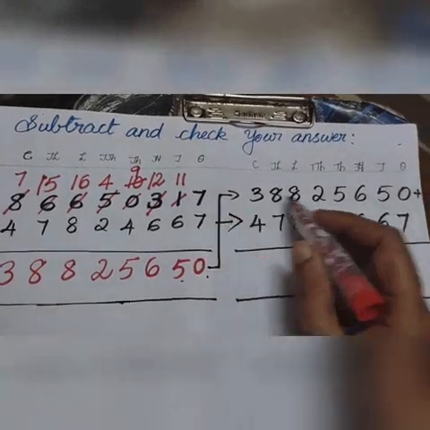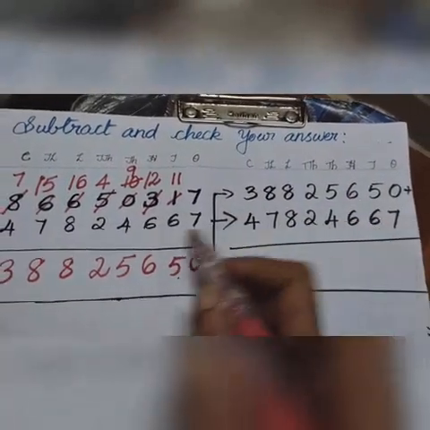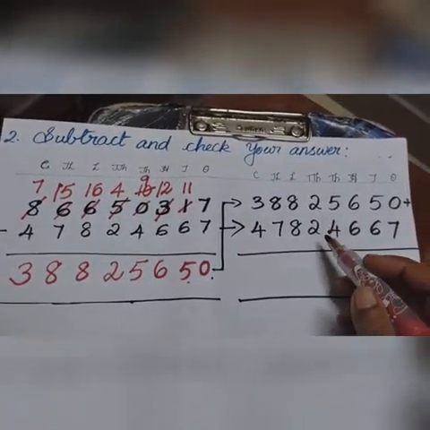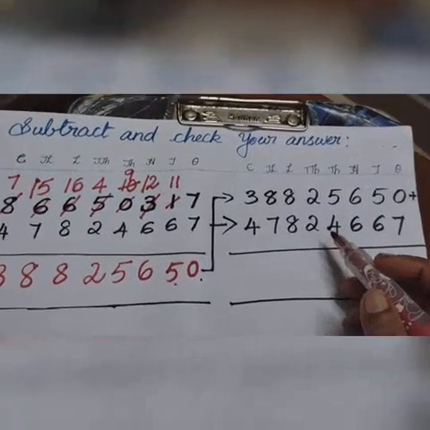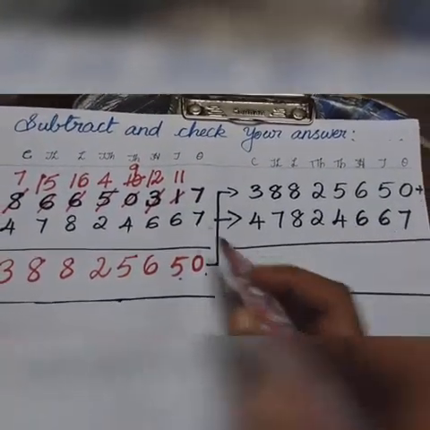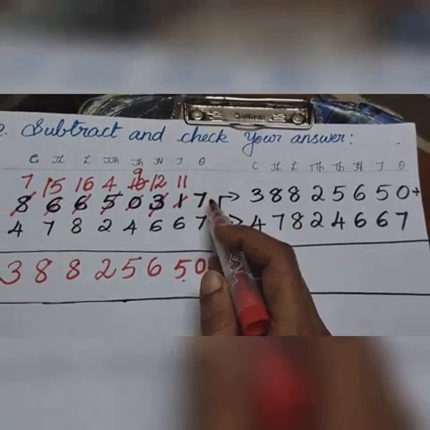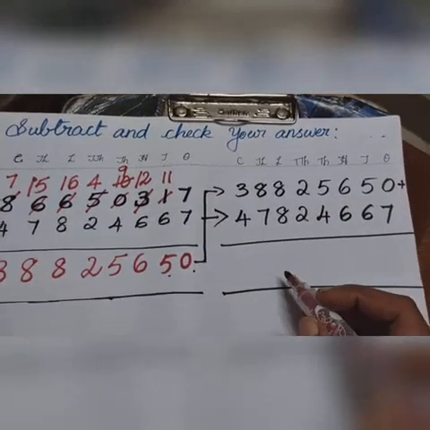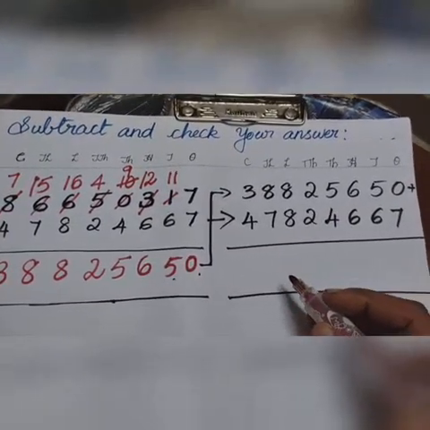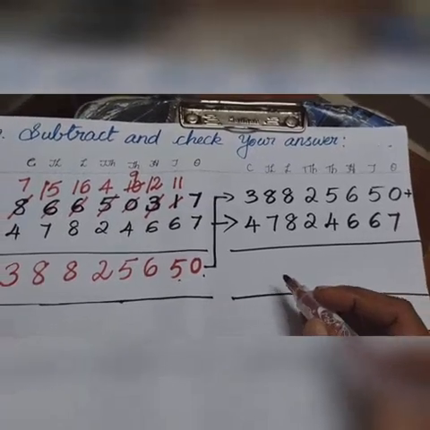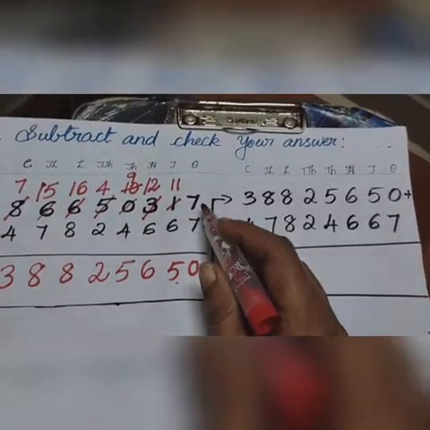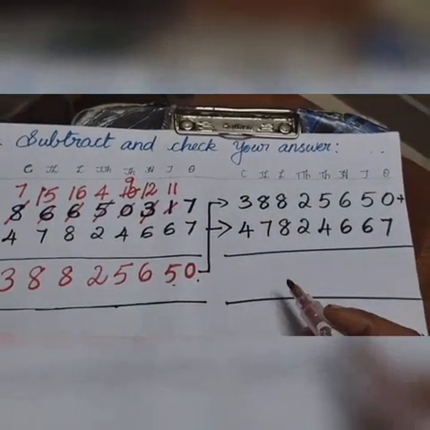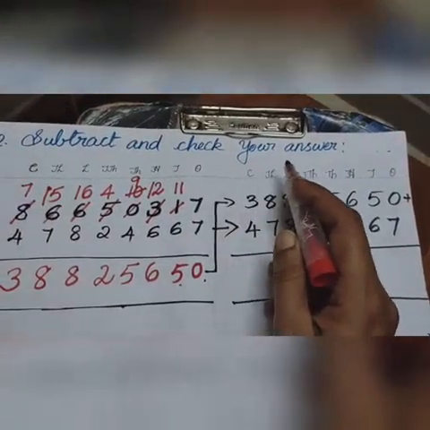So here the difference we have to arrange. Okay, the difference and the subtrahend we have to add. Okay children, we add the difference with the subtrahend. Okay children, if the sum is equal to the minuend, after addition we will get the result, is it not? So that result is called sum, S-U-M, sum. Is it not children? If the sum is equal to the minuend, then our subtraction is, yes, correct. Okay, that's our checking subtraction.